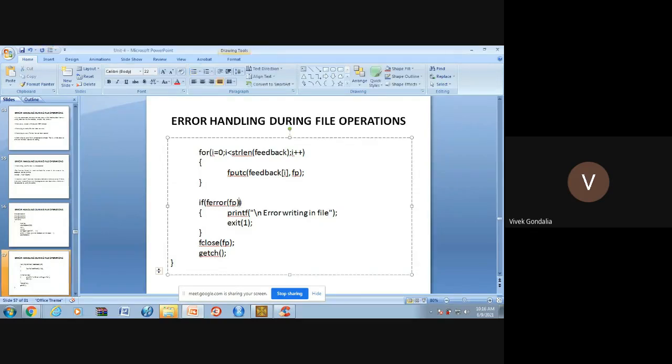Whenever it is 0, then it will not go into this part, because an if condition runs when the value is 1. So it will not print the error message in writing file. But whenever some error comes, it will be 1, and 1 means true. So this if condition will work and it will go into this block.